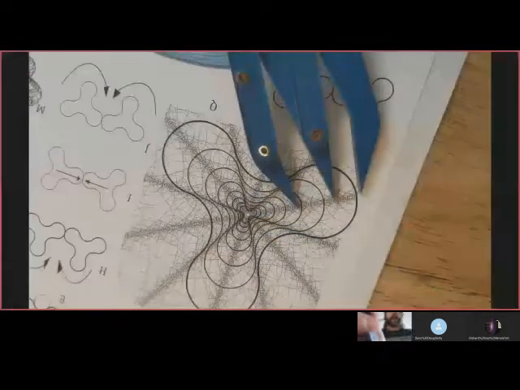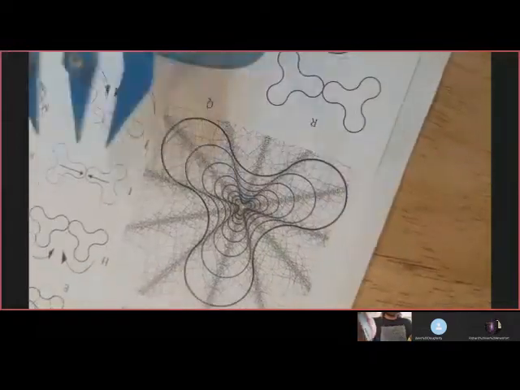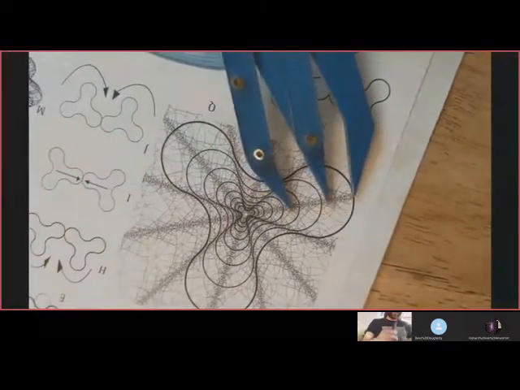And I take them, and these are all naturally occurring shapes inside of the Dougherty set,